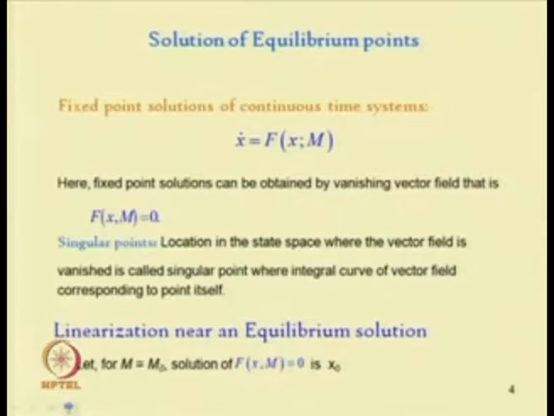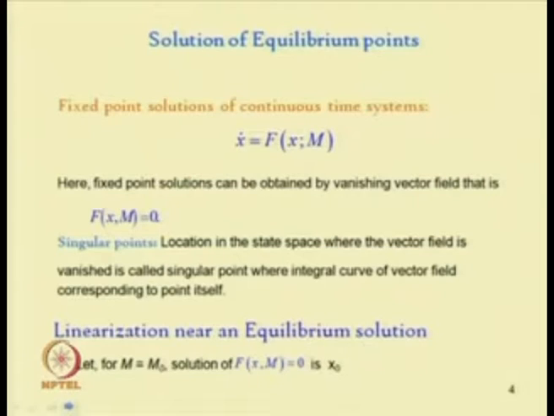Today we will review all these static bifurcation points, and along with that we will discuss the dynamic bifurcation, that is Hopf bifurcation, which occurs in nonlinear systems. Also we will see different systems where this Hopf bifurcation takes place. To review the static bifurcations, or what a bifurcation point is, we first discussed the equilibrium points.